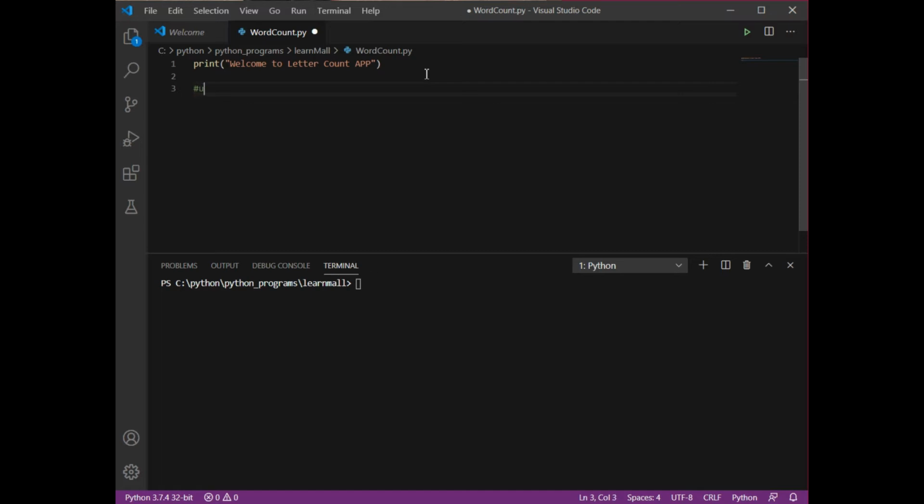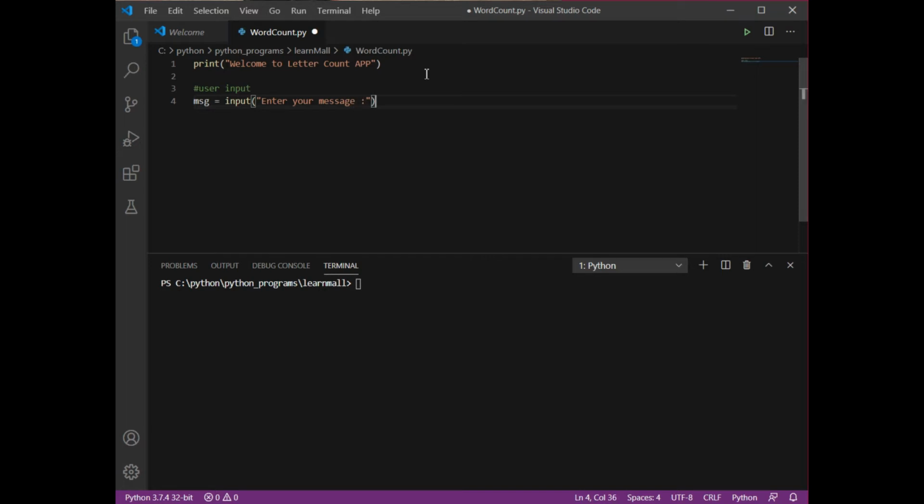So I'm writing a comment, user input, and here I'm going to take a variable named message, and inside that I'm asking the user to enter a message: enter your message. So here the user is going to enter a message.